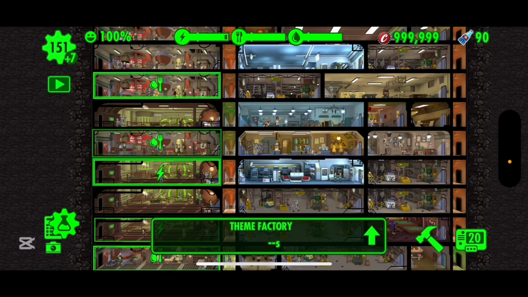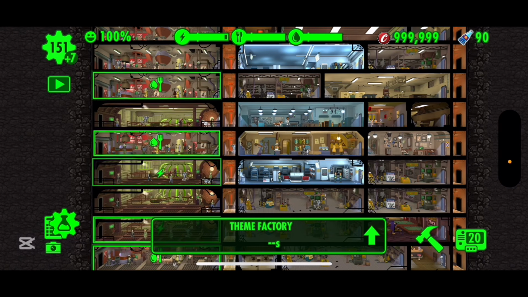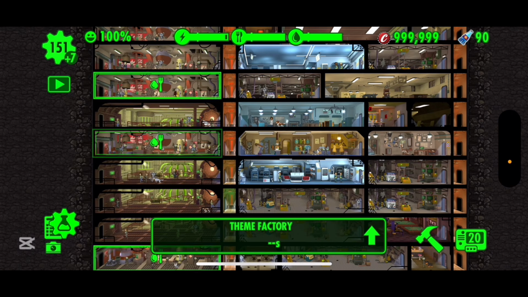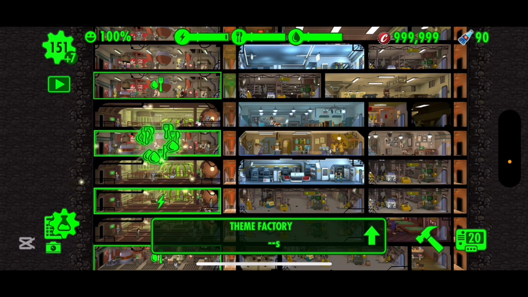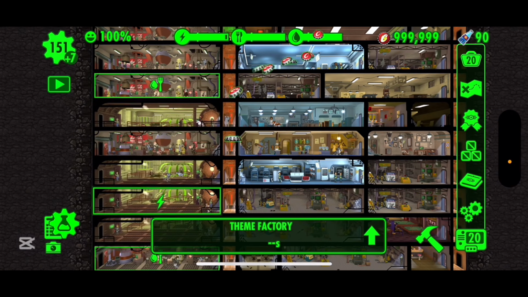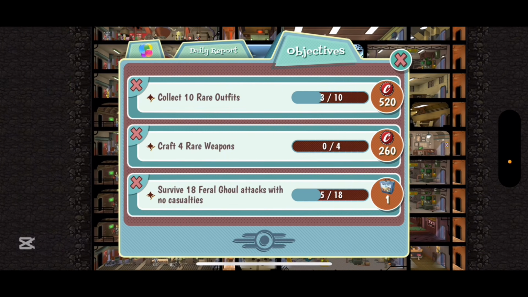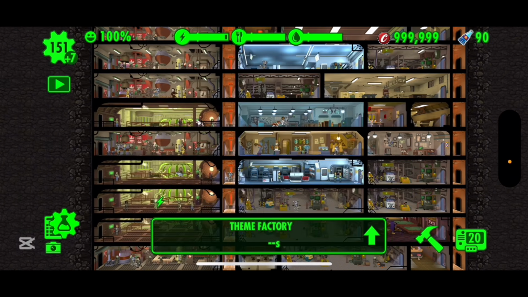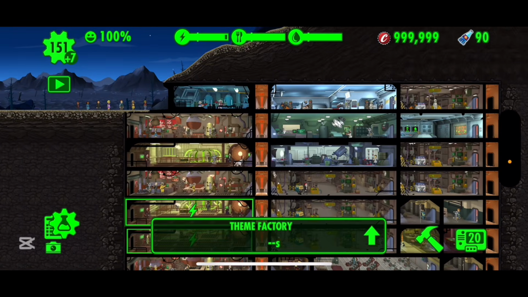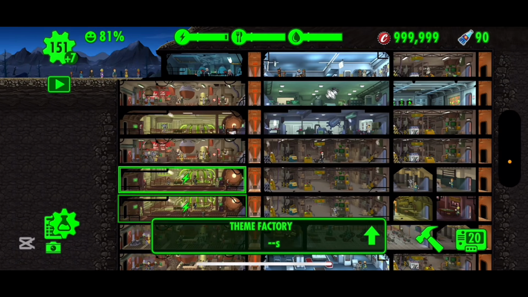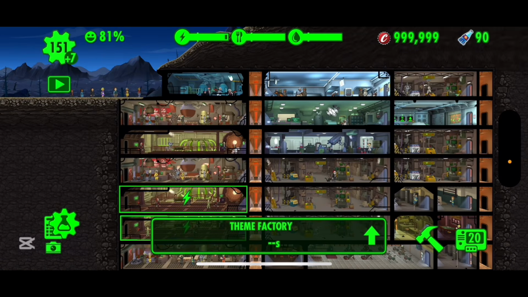Okay, I'm going to be showing you how to get probably the most sought after or wanted resource in Fallout Shelter, and that is the lunchbox. So currently I have 20 of them just sitting, waiting. But yeah, lunchboxes are really useful, especially early game. They're fun to open. They're useful in honestly any stage of the game,